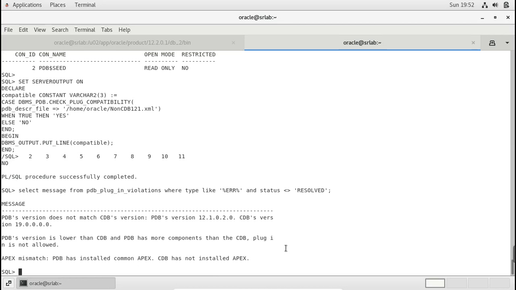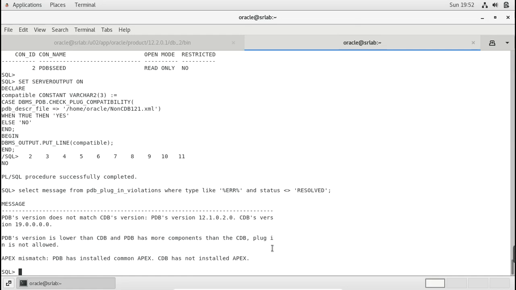PDB version does not match CDB version. The PDB version is lower than CDB, and the PDB has more components than the CDB. Plugin is not allowed. So Apex mismatch.